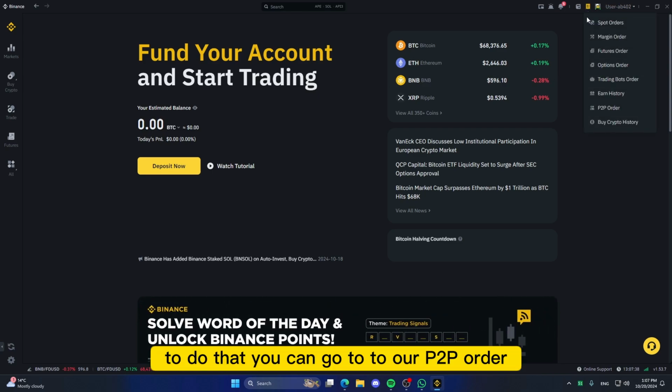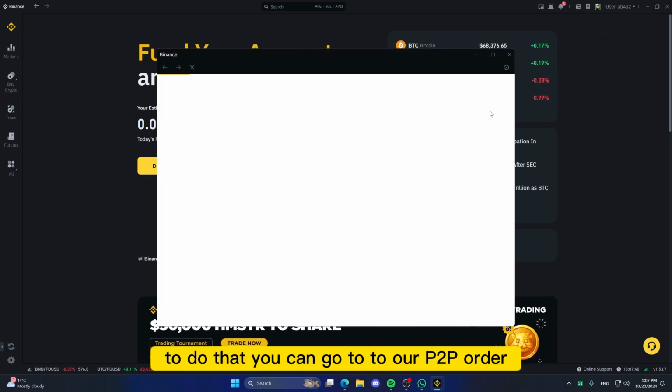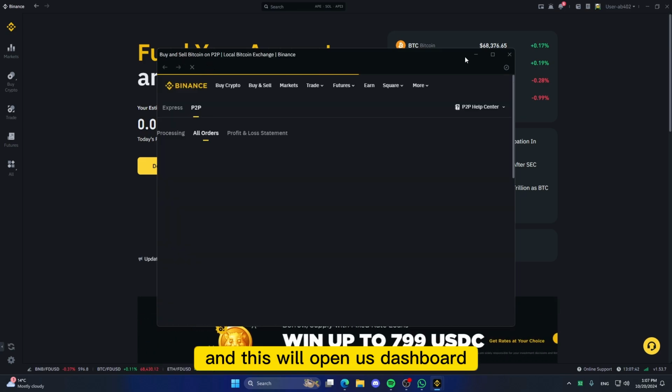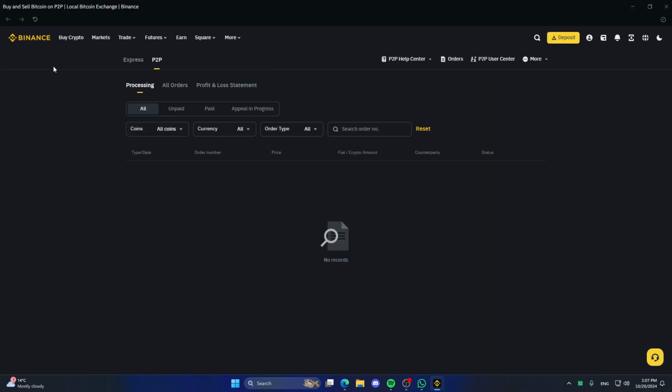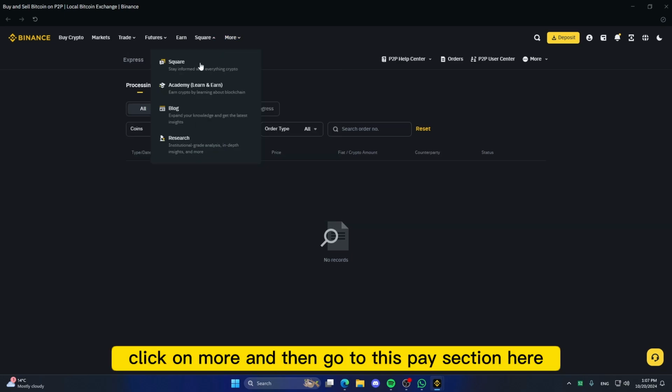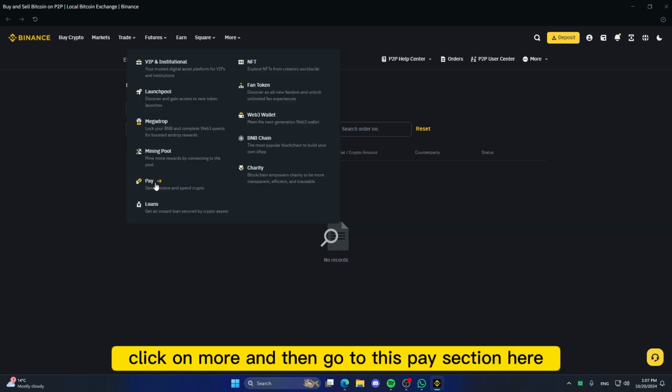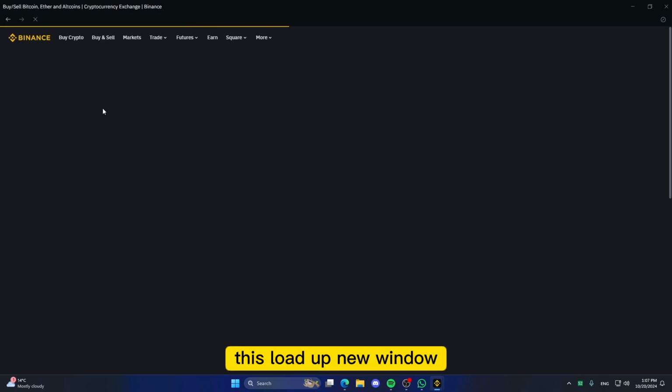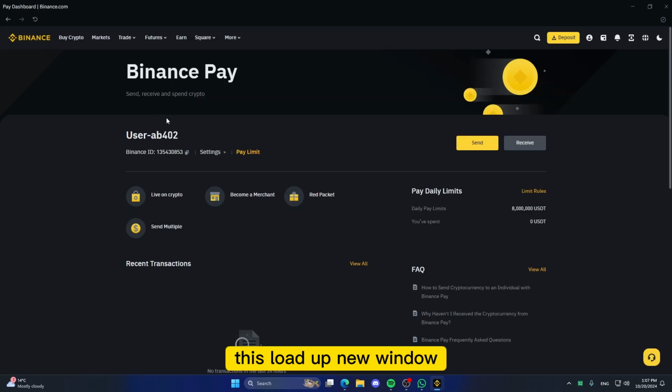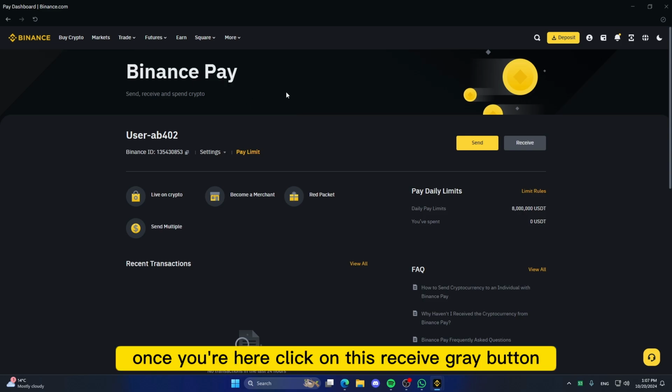To do that, we can go to our P2P order, and this will open us a dashboard. Now from here, click on more, and then go to this pay section here. This will load up new window. Once you're here, click on this receive gray button,